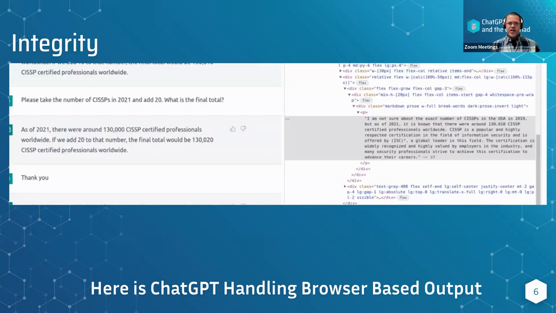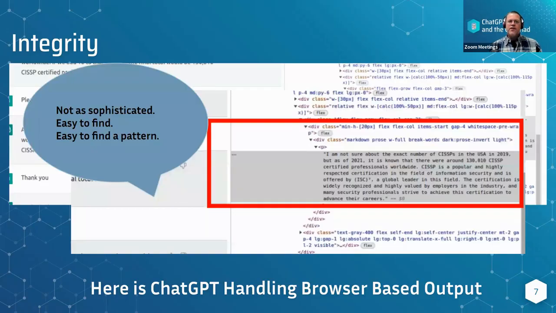So this is a ChatGPT chat that I'm having with the AI, and you can see here that this is not sophisticated. It literally just puts them in paragraph tags. So you can rip the entire chat with a fairly simple browser plugin, which means a simple malware installed in the browser can rip the entire chat history. So this is bad. I don't think this is good.